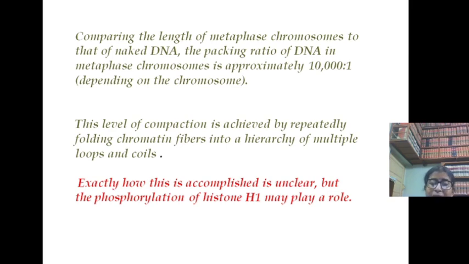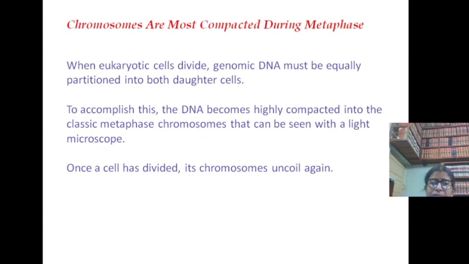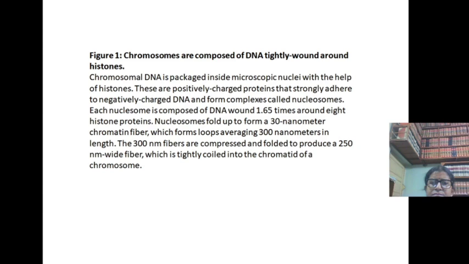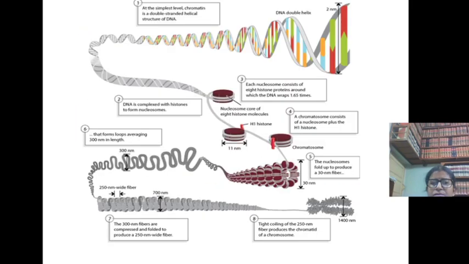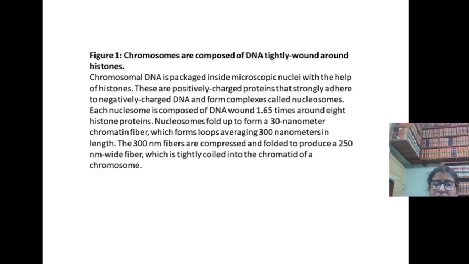So if we go back to the structure again, from the 30 nanometer chromatin fiber which forms loops averaging 300 nanometers in length. So this is the part of the 300 nanometers. So from 30 nanometers it goes to a 300 nanometer loop like structure,